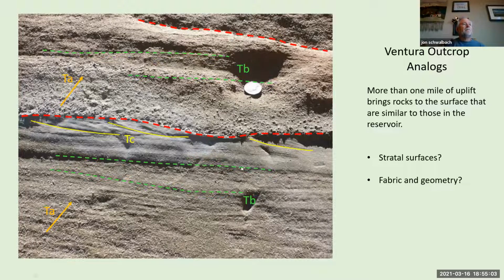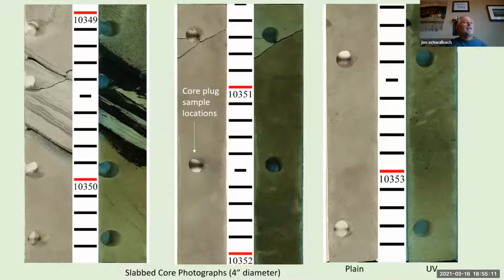And this is the point of going to the outcrops, is we can see these types of structures and many other structures that are very similar to what we see in the subsurface. So this is an example, in case some of you aren't familiar with looking at cores. These are slabbed core photographs. So these are cores sliced in half, basically,